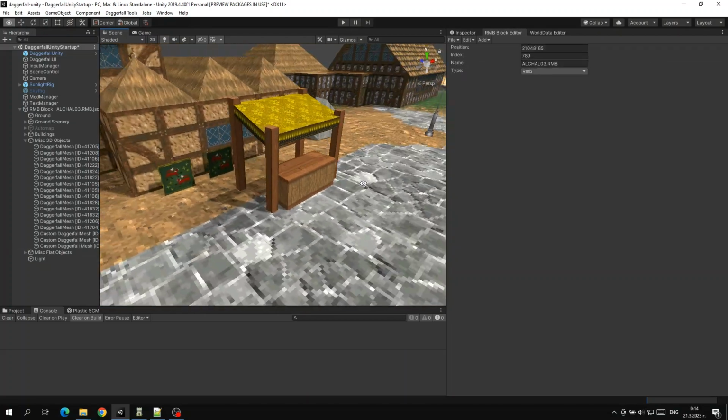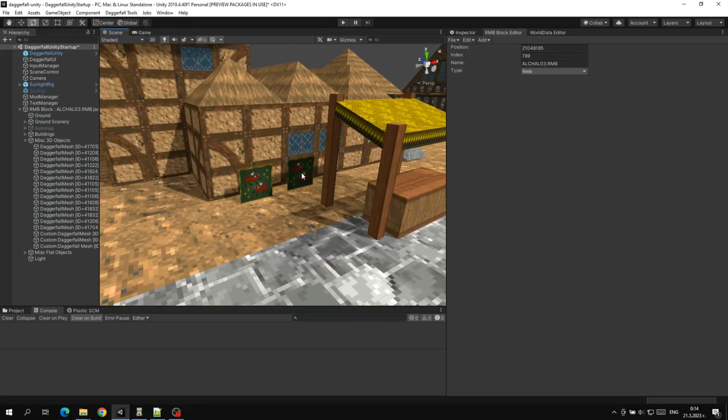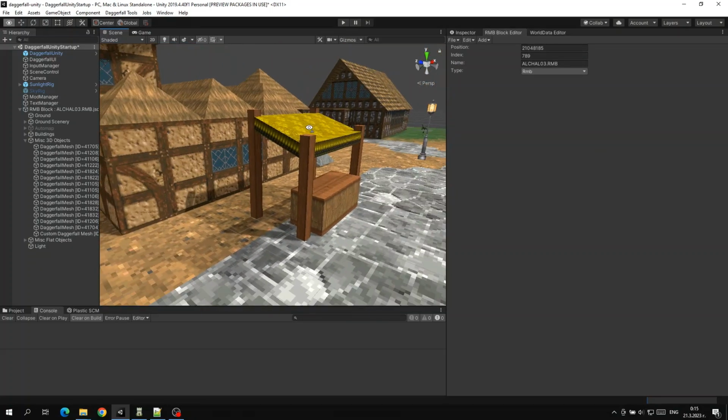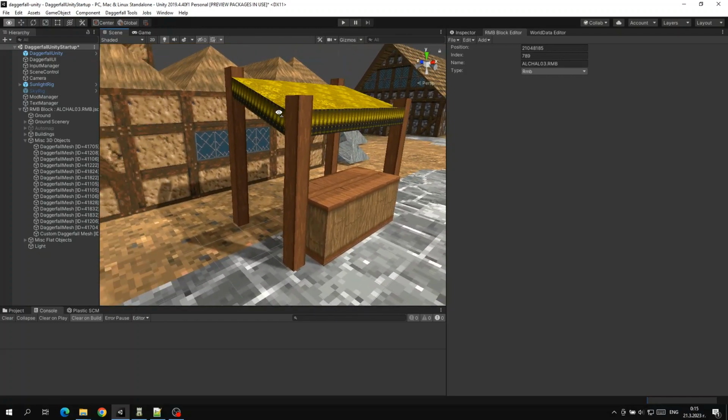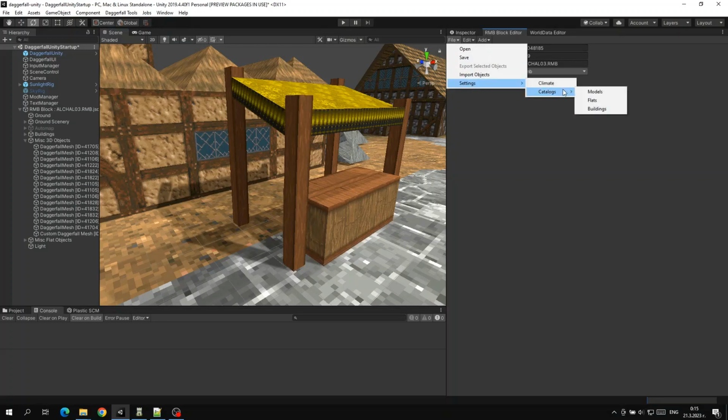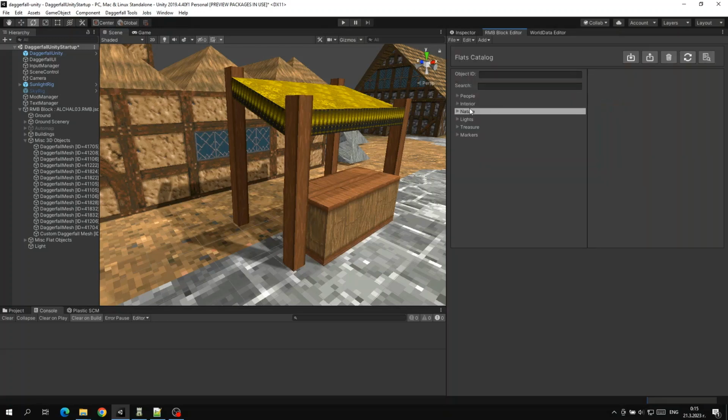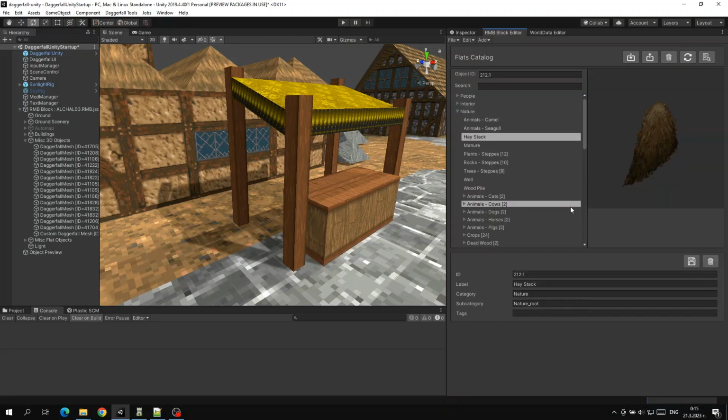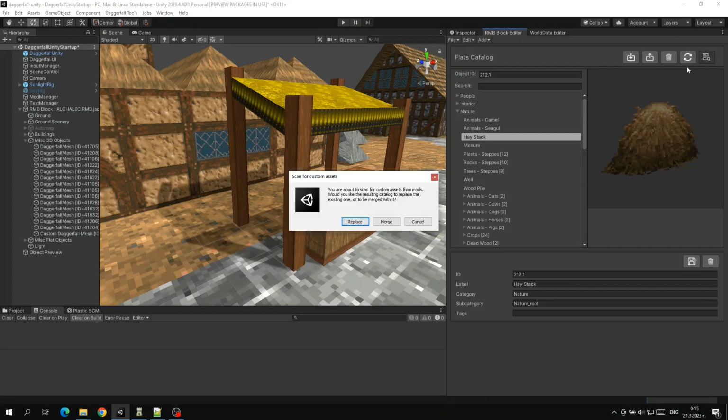Okay, so what would go nice with this market stall is some sort of merchant to sell their wares. So what we can do is we can come to our catalogs for flats, and again for flats you can do all the same things that you can do for models. You can change their label, category, subcategory, tags. You can import, export, remove, and restore the defaults. But what I want to do is again scan for